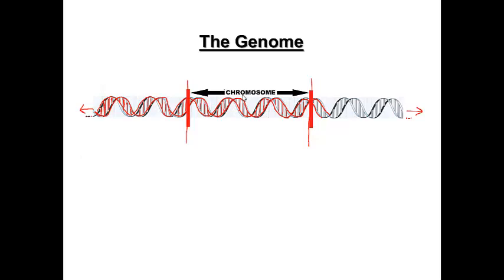Chromosomes are extremely long and continuous stretches of your DNA that are distinct from one another. So you would have another chromosome right here. And that one would keep on going until you met the point where you would have another chromosome. And here we have our other chromosome right here.